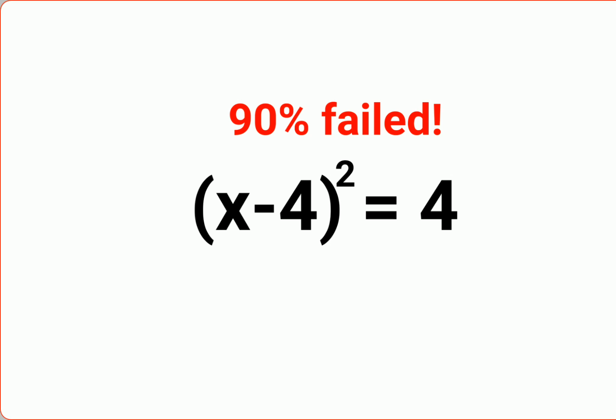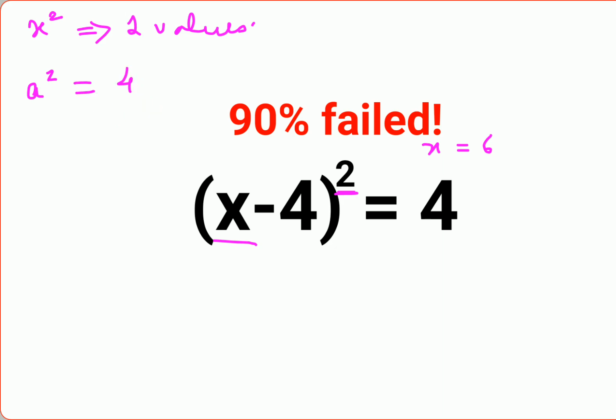See, here a lot of people messed up because the raised to power over here is 2. So the maximum value for x is, raised to 2. That means x will have 2 values. A lot of people thought that the value of x is just 6. Okay, that is one answer, but there has to be two answers because the raised to power for x is 2.